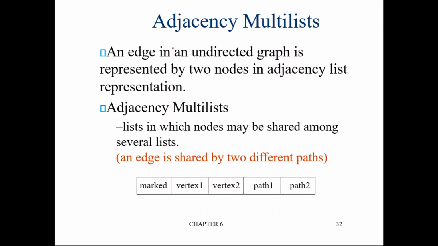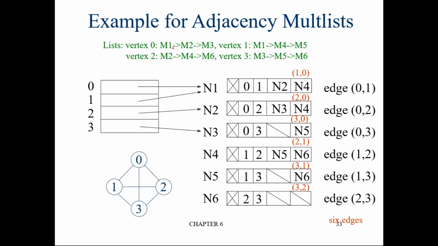The next thing we are going to discuss is adjacency multi-list. Before going through this content, let us discuss this with an example first. Let us take this graph. This graph contains how many edges? First, let us identify the edges. Let us number them like this. This graph contains 6 edges. What are they? N1, N2, N3, N4, N5 and N6. Normally we say E1, E2, E3, but here we are calling them N1 to N6. Let us follow that nomenclature.